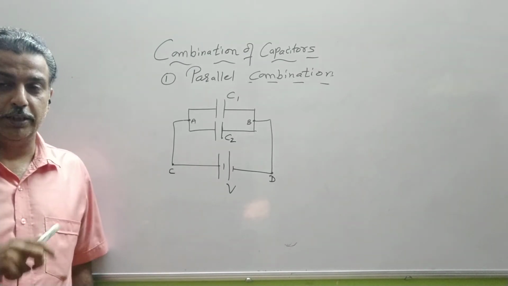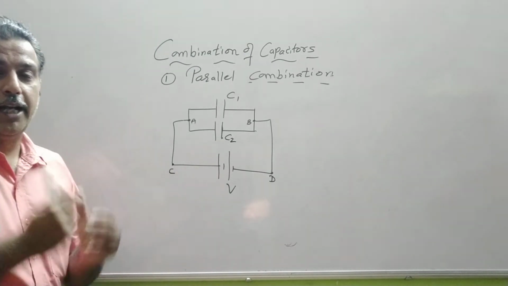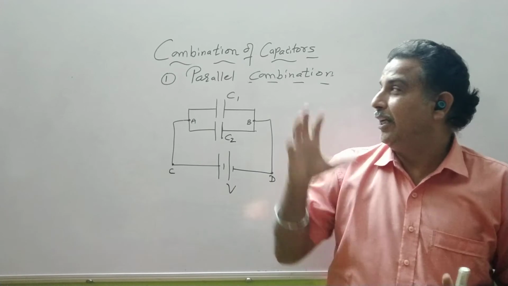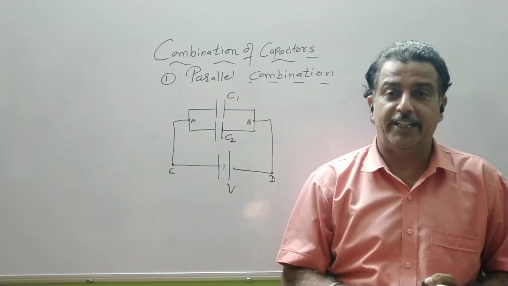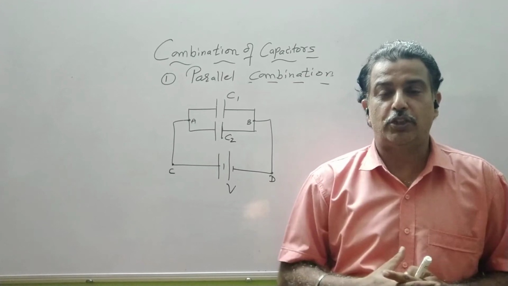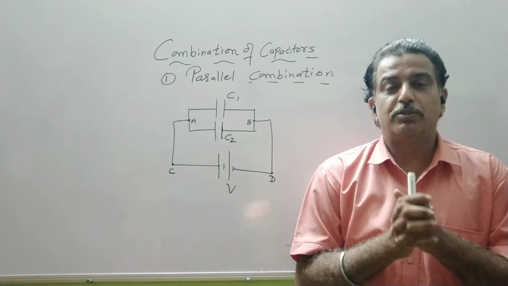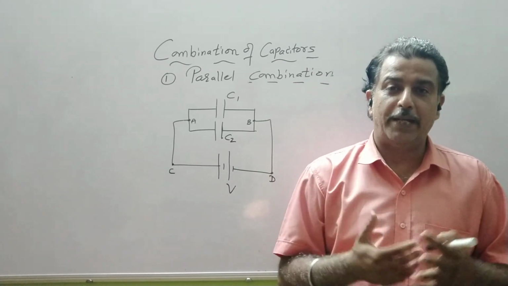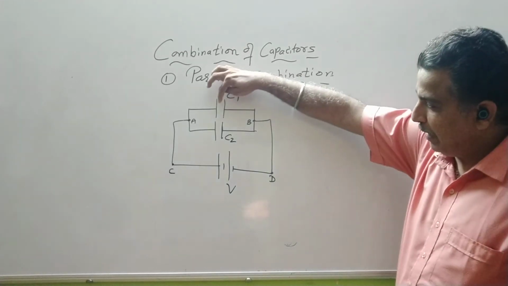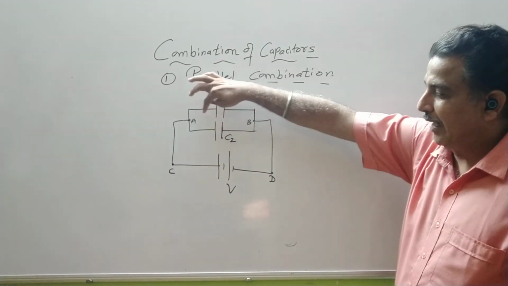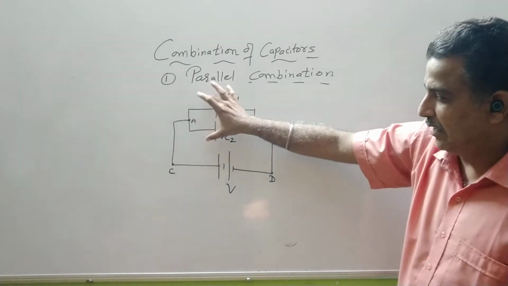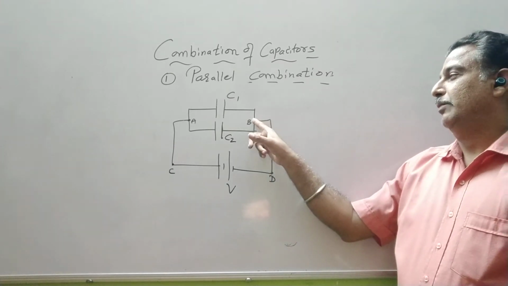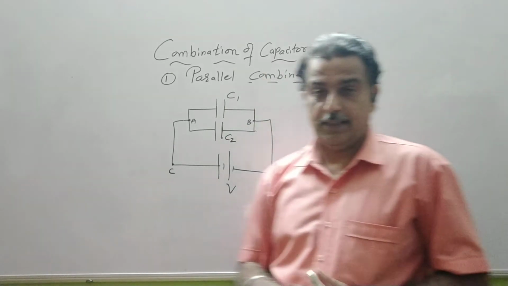then such a combination of capacitors is known as a parallel combination. So whenever you have a confusion regarding series and parallel combination, you can check the plates also. See, individually series and parallel combinations are very easy, but when there is a mixed combination of capacitors, sometimes it becomes difficult to find out whether the capacitors are in series or in parallel. So you have to check the plates. Both the plates are connected to a common point and between them is only a wire. There is no other component or device. Similarly, B is common to the second plate of both capacitors.